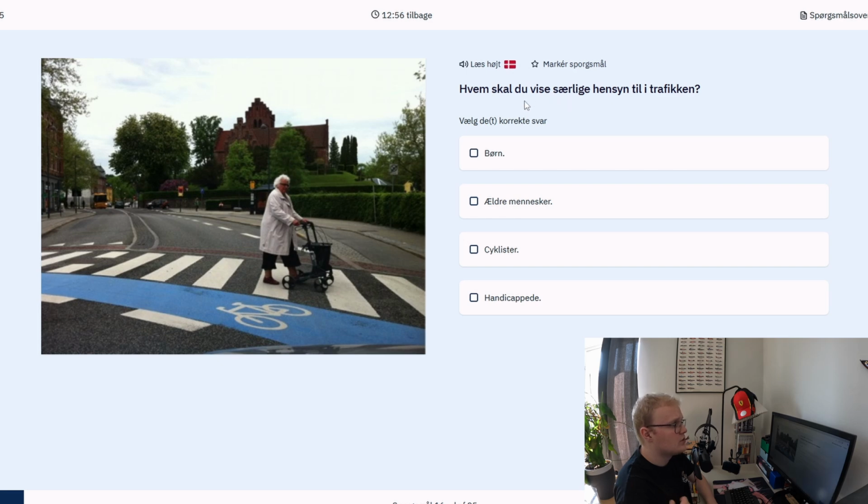Who are you going to show special care for in traffic? So this is a specific question that asks, who do you have to look out for especially well in traffic? And there's only 3, and it's handicapped people, old people, and children. Nothing else. Of course, you have to watch out for people, but especially take care of these 3 people, because